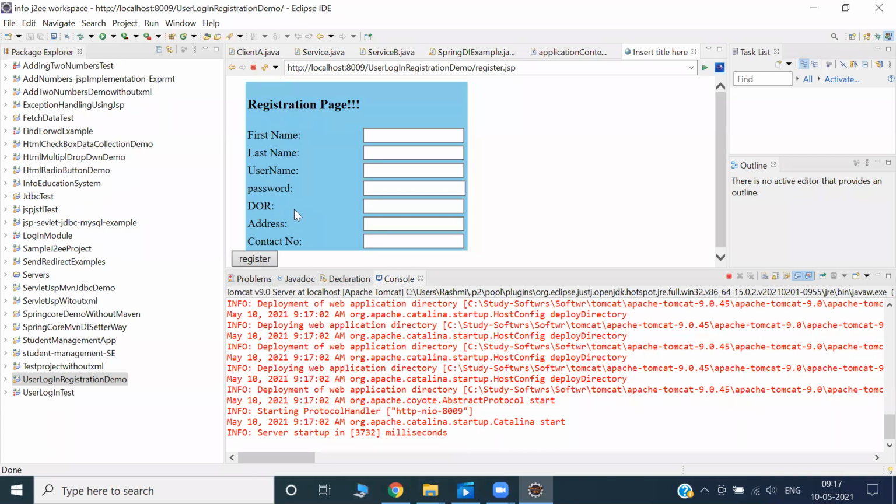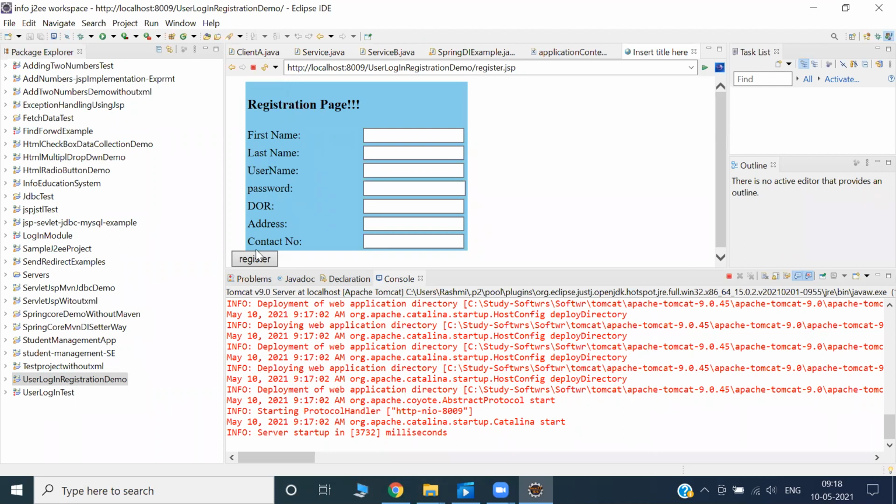Whoever is registering, all the information will go through the register. Those functionalities I'll keep adding while going for a bigger application. Once we understand the small functionalities individually, then combining them together we'll achieve the bigger application.